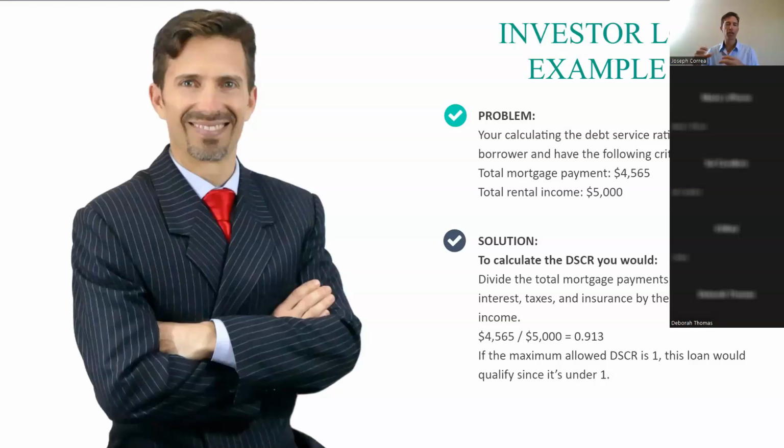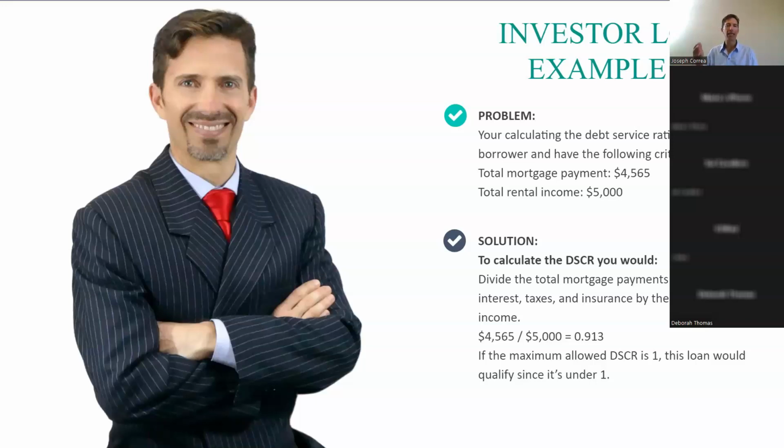And when it doesn't work out, no big deal. We simply do a no DSCR loan. They get a higher interest rate and we don't even use that rental income. But for example purposes, we're going to do the calculation so everybody sees how it works. So in this case, we're going to take those $4,565. We divide them by 5,000 and we get